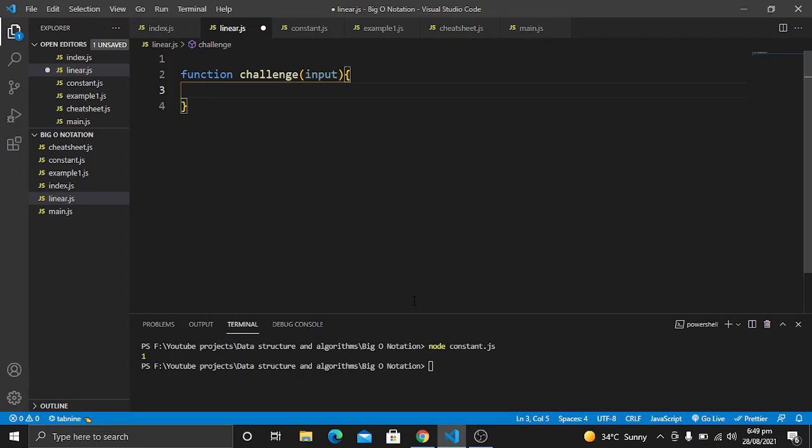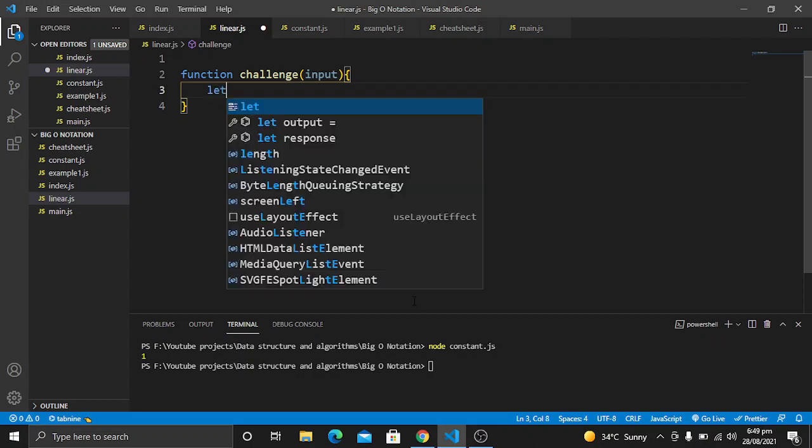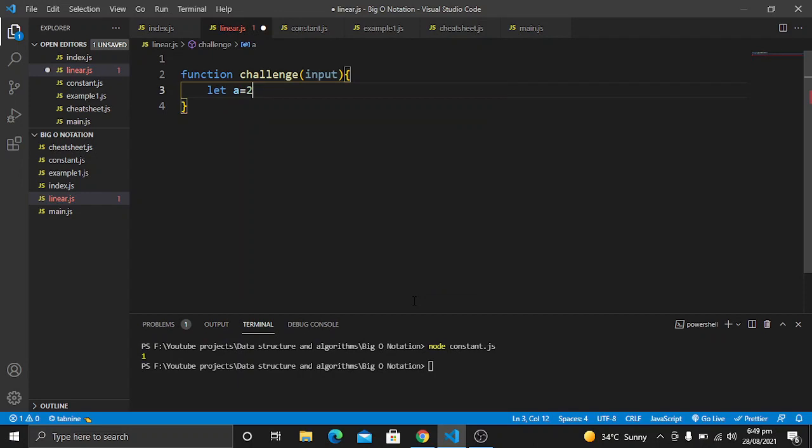Then let's create a variable a which will be 20, and then a will be 20 plus 10. Then on the next line, a is equal to a plus 10, so a is equal to 30.